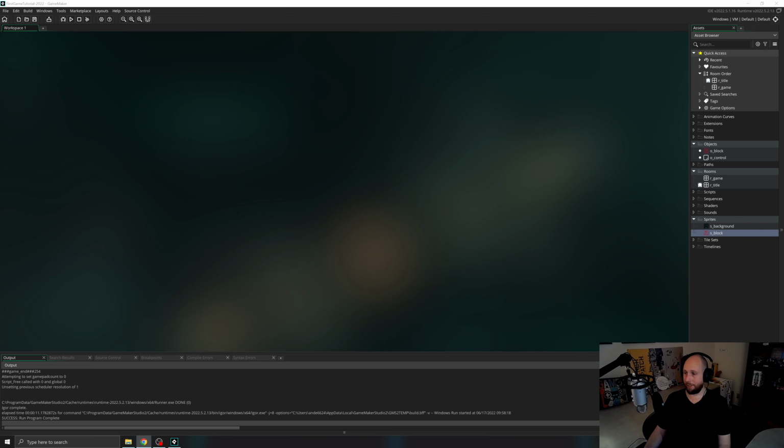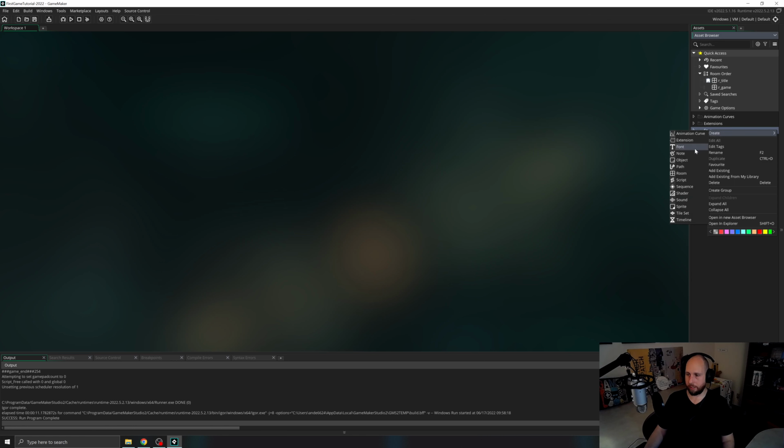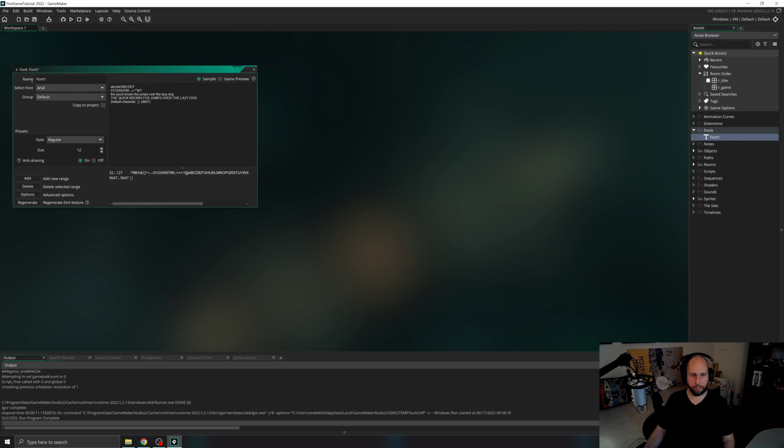So now we need to add some instructions to the game to let the player know how to play it. So we need to introduce you to fonts and draw events. We're going to do this with text. So let's create a new font. Close these. A font is just a typeface that Gamemaker can access that's built right into the game. We're going to right-click font, create, and select font,